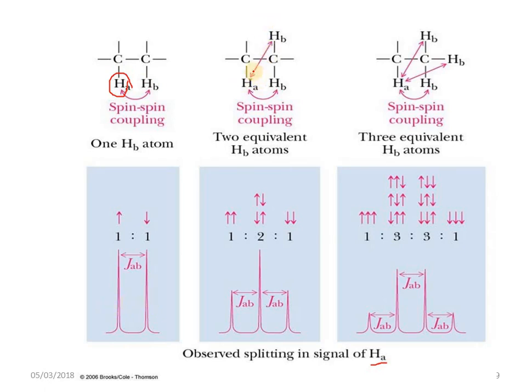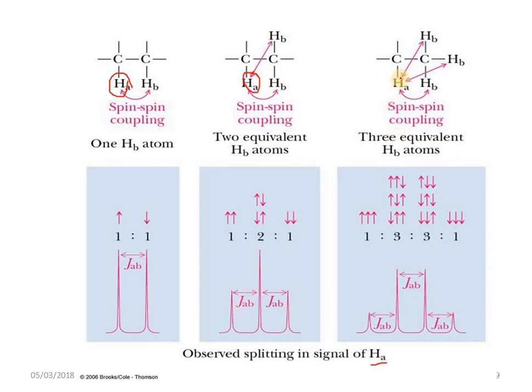Now in this case, HA has 2 protons, 2 plus 1, that is 3. So it has 1, 2, 3 peaks, and that is in the 1:2:1 ratio, because both these hydrogens can have upward direction movements or downward, and one probability is that the one can have upward, the second downward, or the one before having upward can have downward and the other upward. So 1:2:1 ratio.